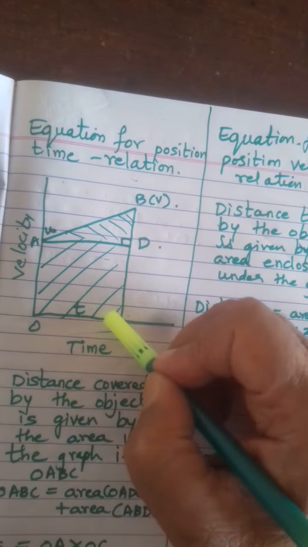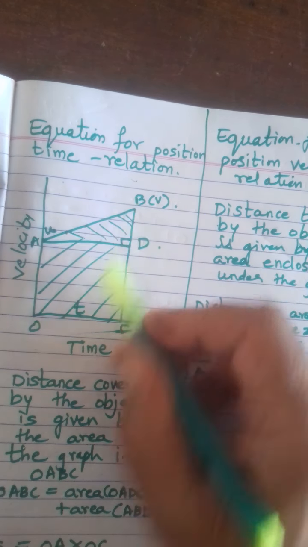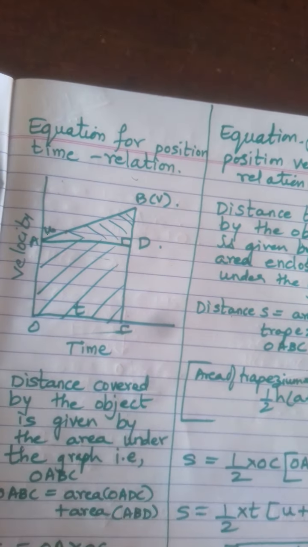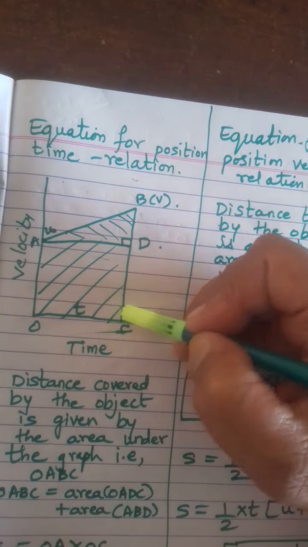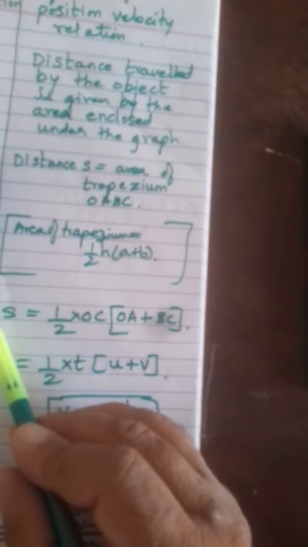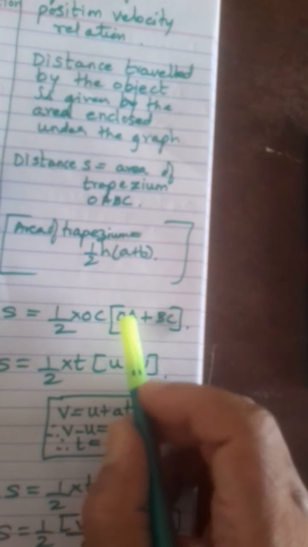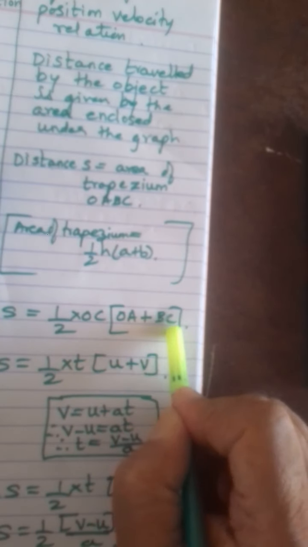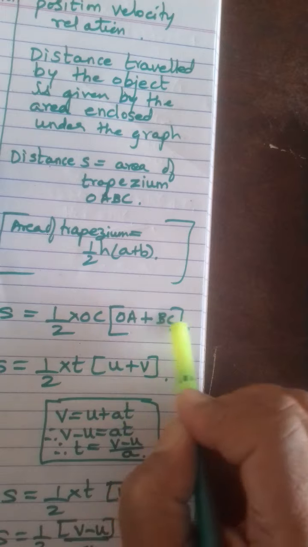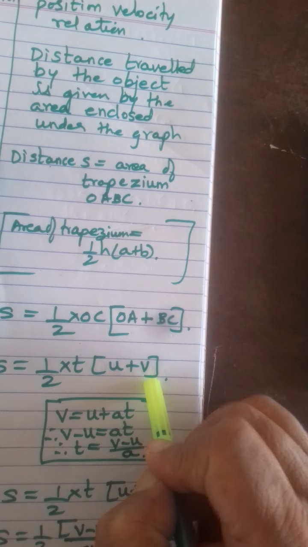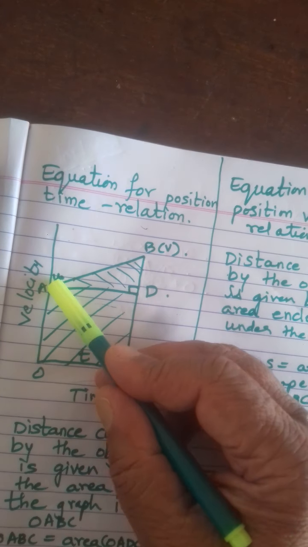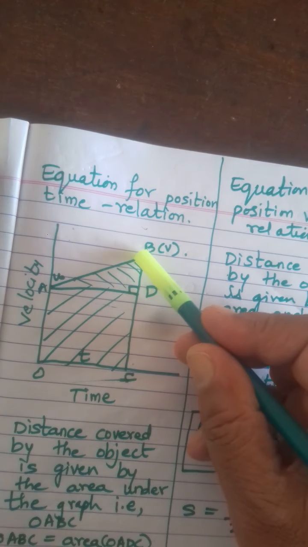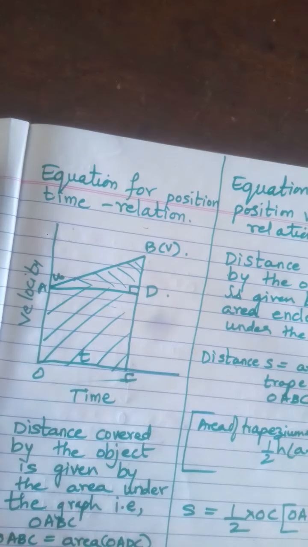The parallel sides are OA and BC, and the perpendicular distance is OC. OA is equal to u, BC is equal to v, and OC is equal to t. So you get